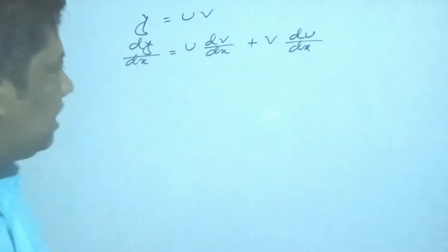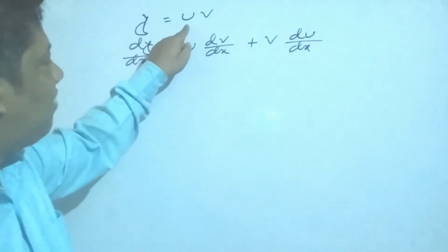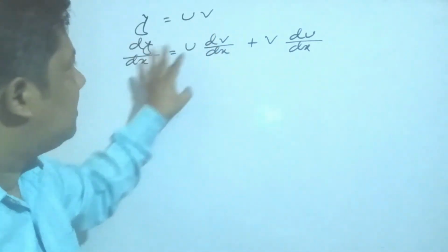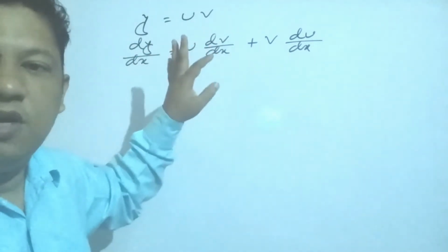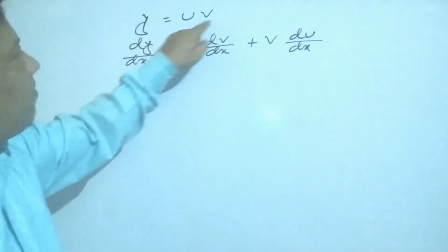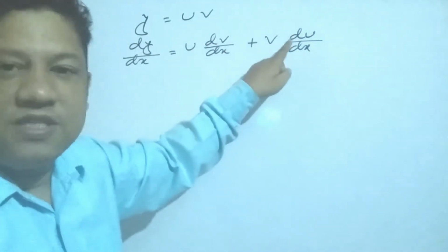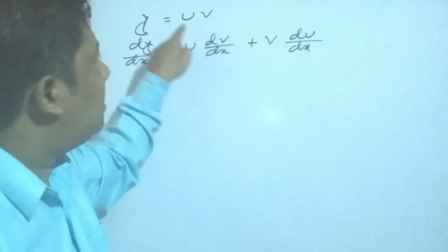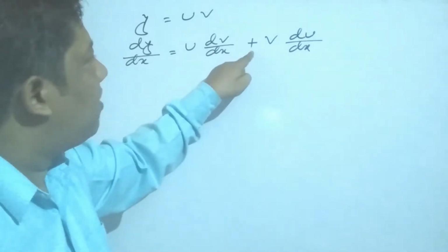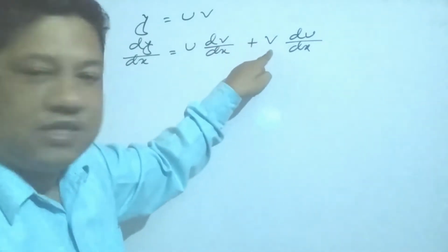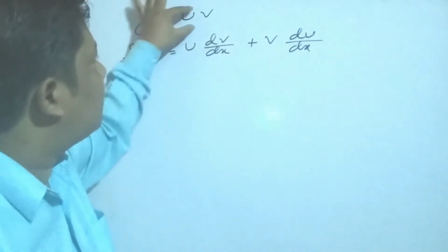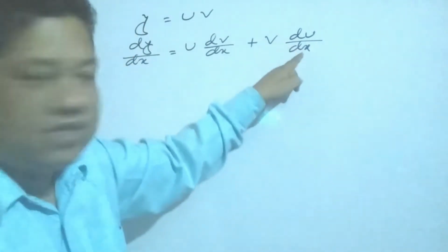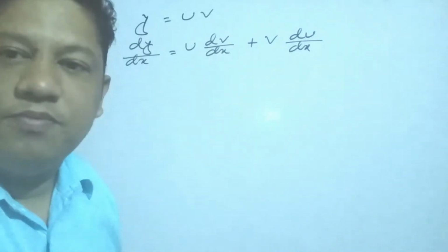That means my dear students, if there are two terms, both functions of x, then you have to differentiate using the UV form. In this form, any one part you leave and the second part you differentiate. Suppose the first part you leave, the second part differentiate, next second part leave, first part differentiate, and that is called the UV form.